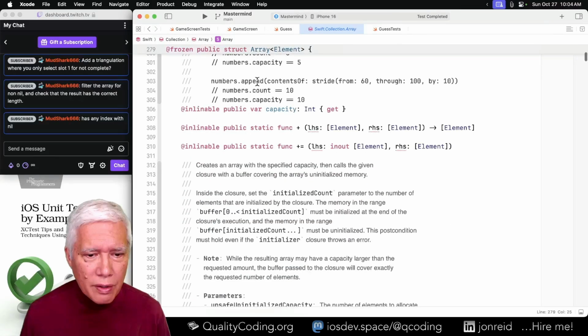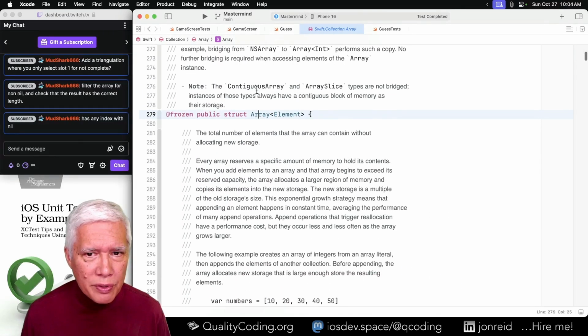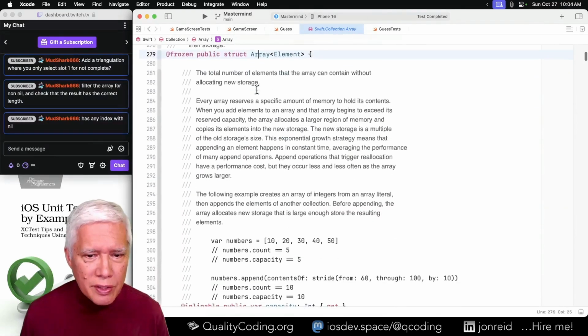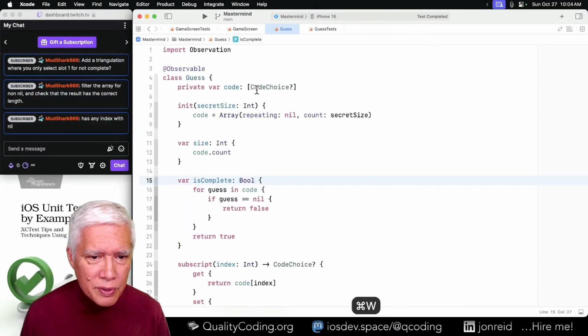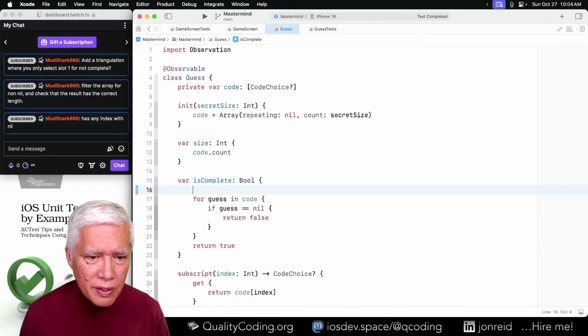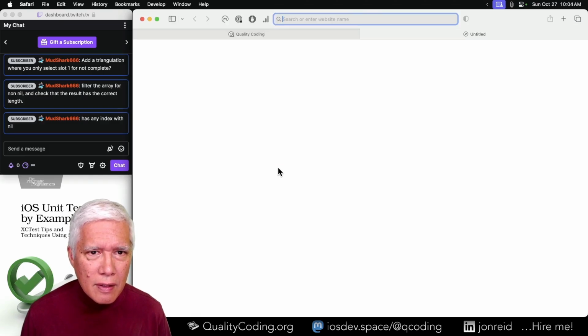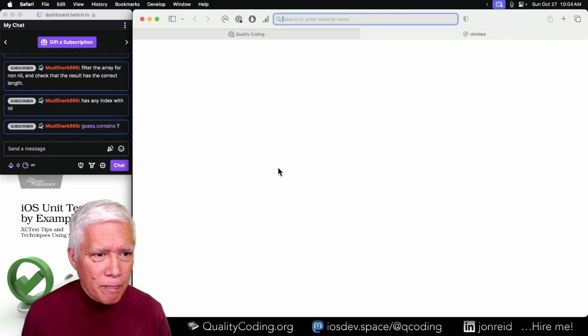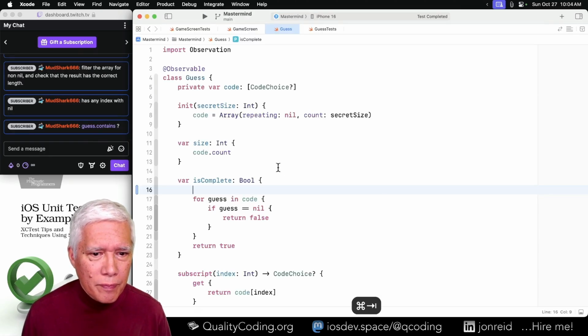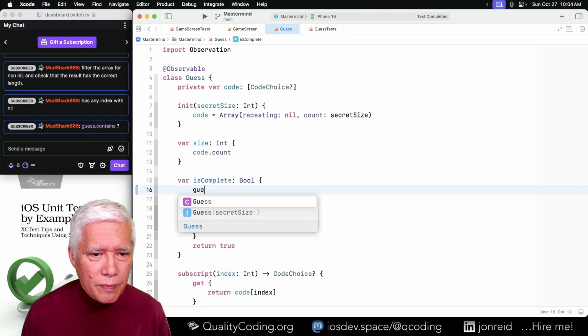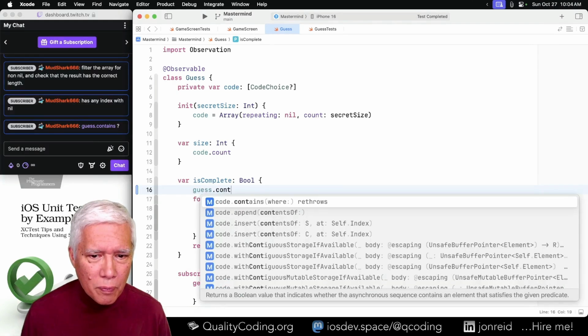I suppose it conforms to various things, that it's primitive and it conforms to all sorts of things. Let's do a search.